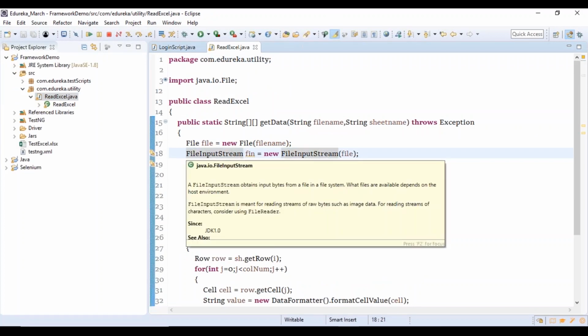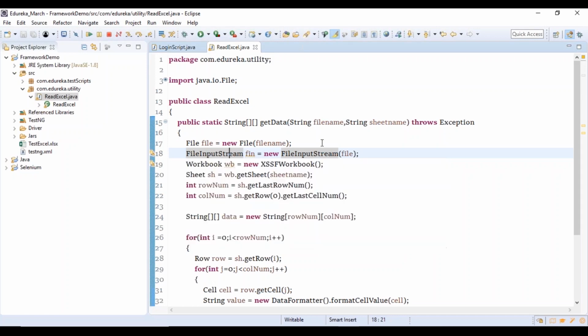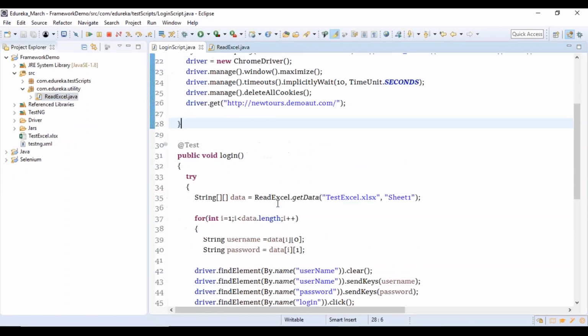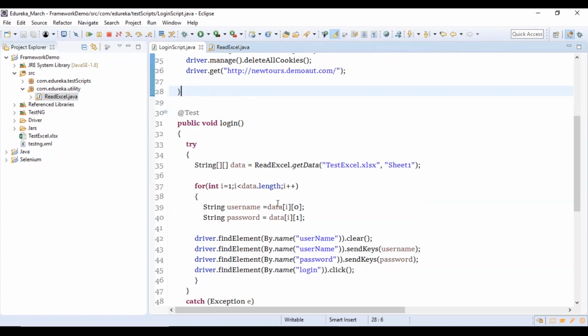For this, we create a file input stream object, and we make use of the workbook class and the sheet class to get the address of the workbook and also to get the data of the workbook. Then we return the data that we capture from that particular sheet to the program which is calling it. So in our login script, we read the data from Excel and start capturing the values.